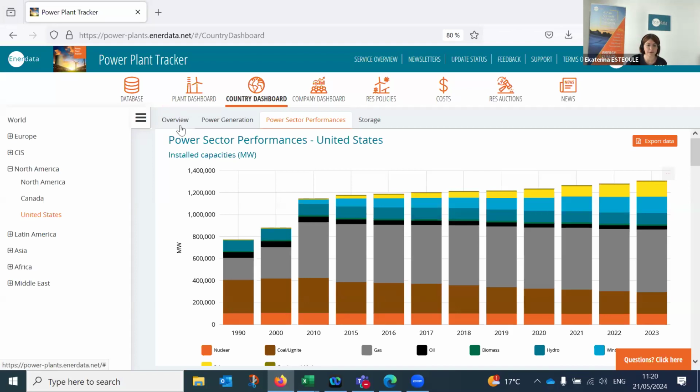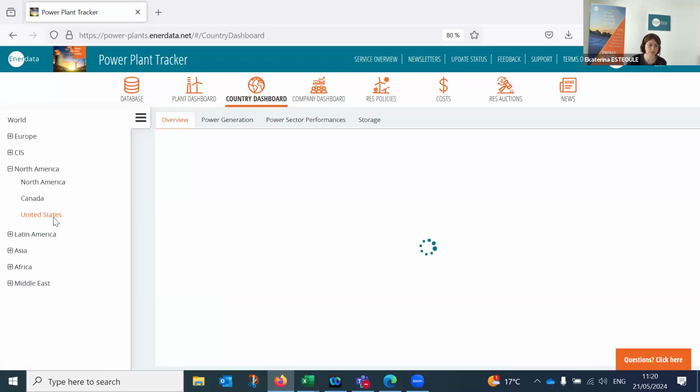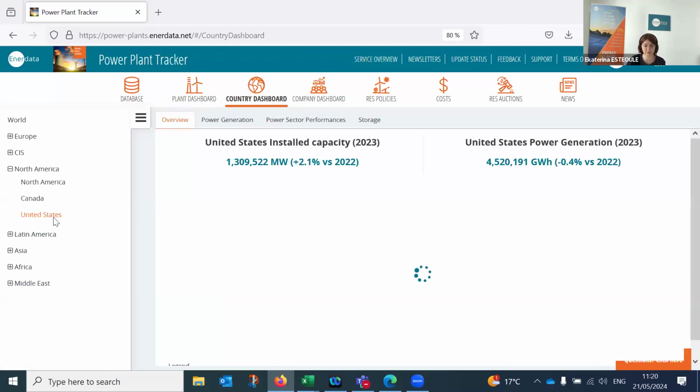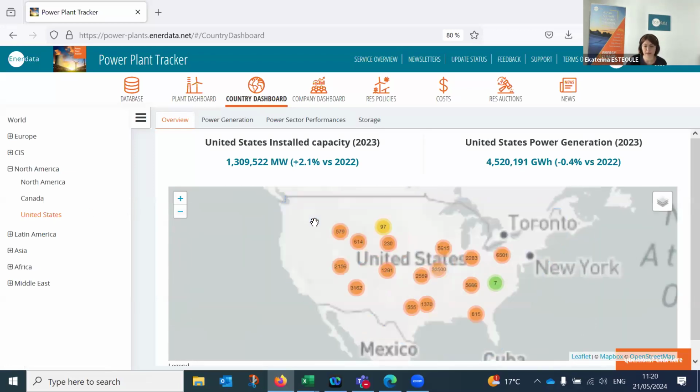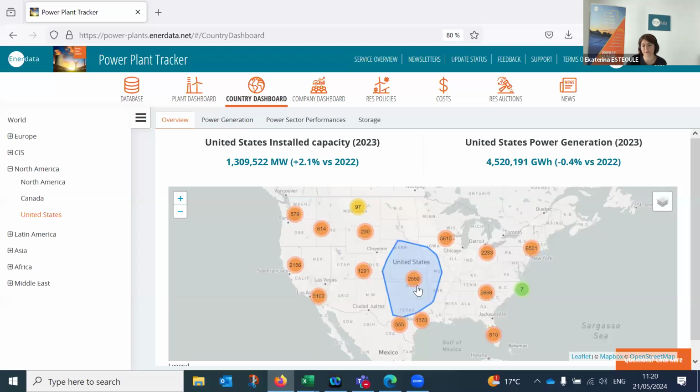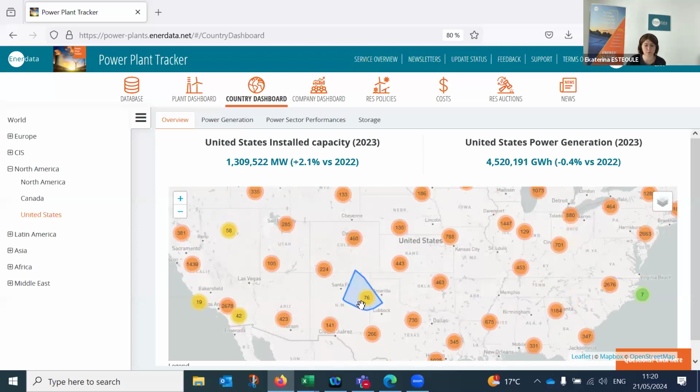And here, for example, okay, it's the United States that has been selected. It's a good case. You can map all the assets running in the United States if you want to make a specific search on specific states.